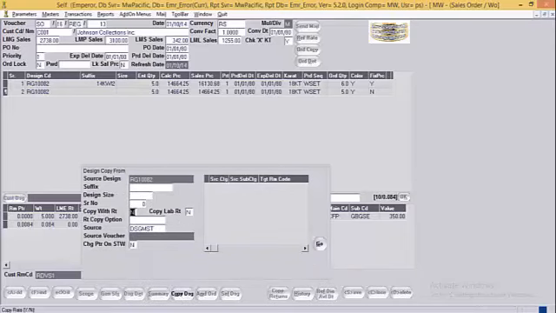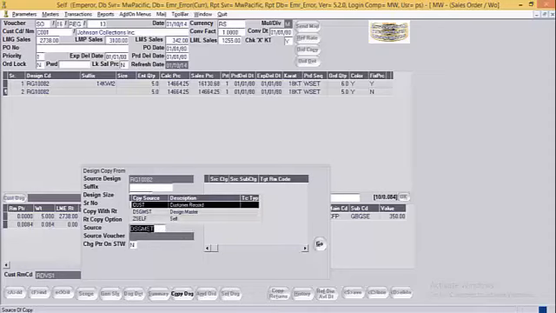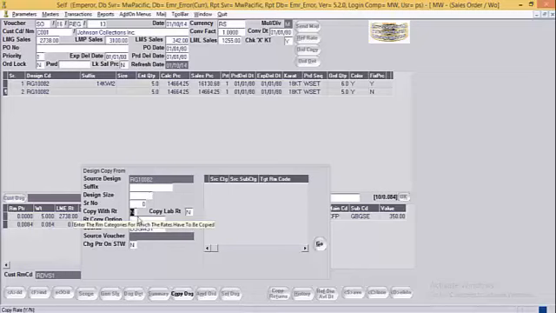Next is copy with rate yes no option and copy labor rate yes no option. It means that whenever the design is being copied from the PDCM, that is customer record or the Z-Self record, user can mention whether the rate needs to be copied from the PDCM entry or should be picked up from the rate chart. In case if it is mentioned over here as yes, system will copy the rates from the PDCM, or else if mentioned as no, system will get the rates from the rate charts.